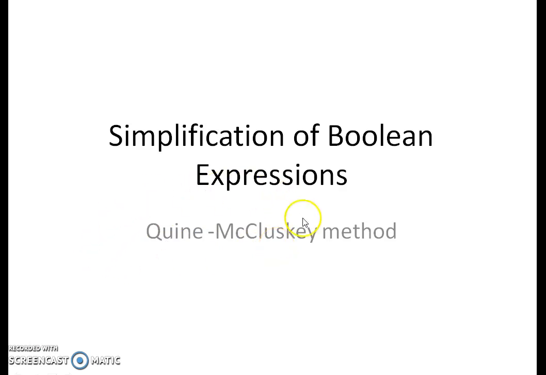This method, we can program it. So it is easy for us to do for any number of variables. We can perform this simplification using the QM method for any number of variables. This is the advantage of the QM method, or Quine-McCluskey method, over your K-maps. But K-maps are efficient up to 4 variables. After 4 variables, it is difficult.